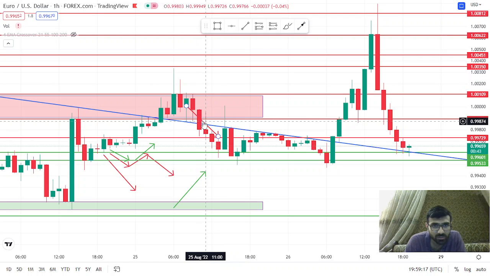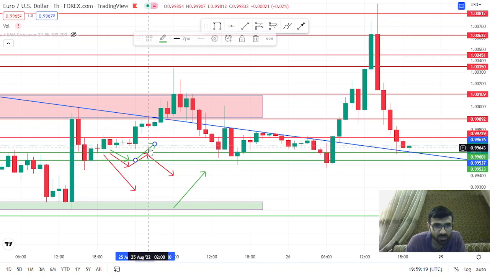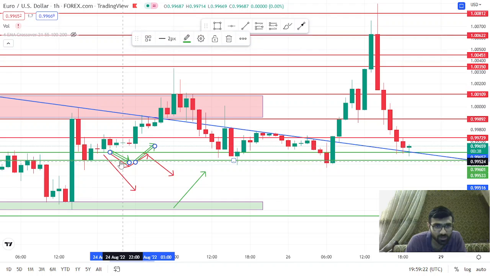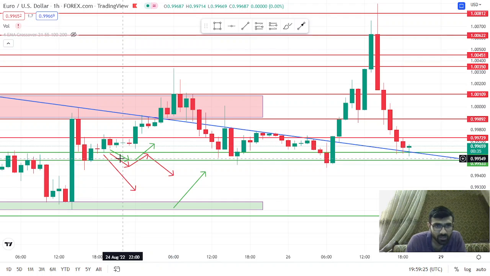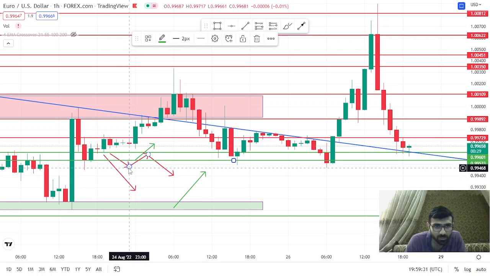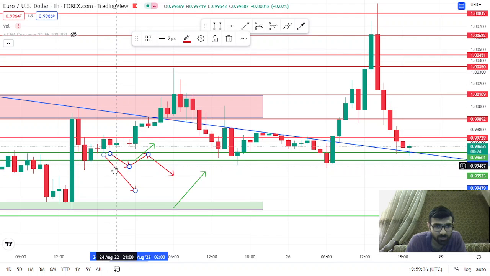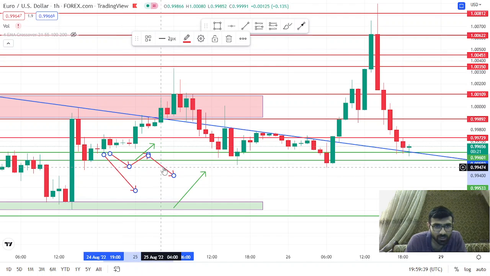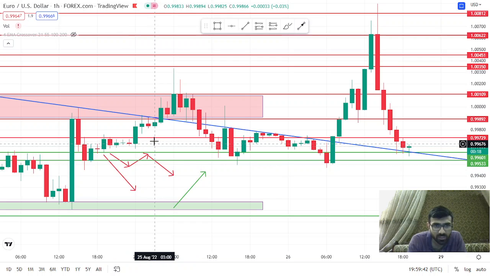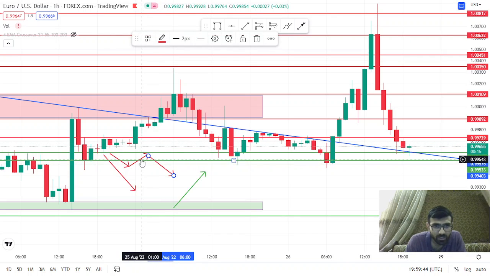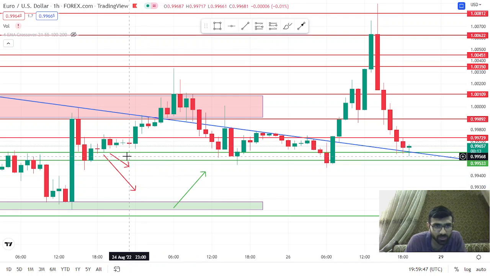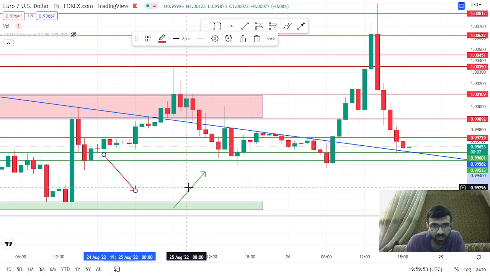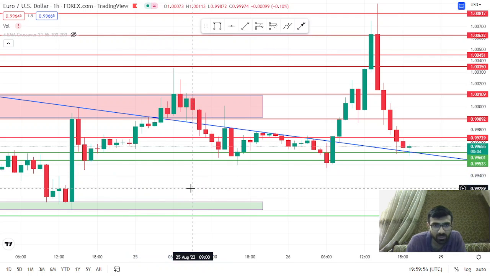Okay, so now let's move on to today's analysis, so we can have a better idea as in what could happen tomorrow. Now, first of all, let me remove all the previous day's drawings so we can have a clear picture with us. And the strategies or the scenarios that I am giving to you guys are important, and learning is also very important, that how I am giving you these trades. I put these levels and I put these arrows in front of you guys